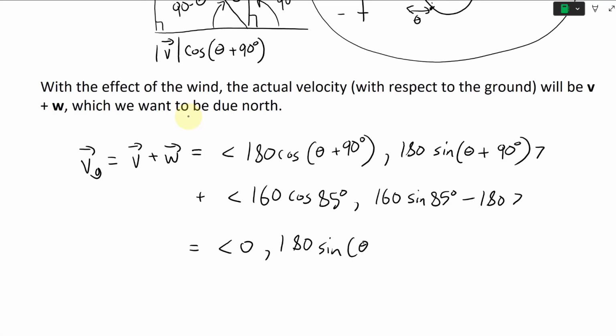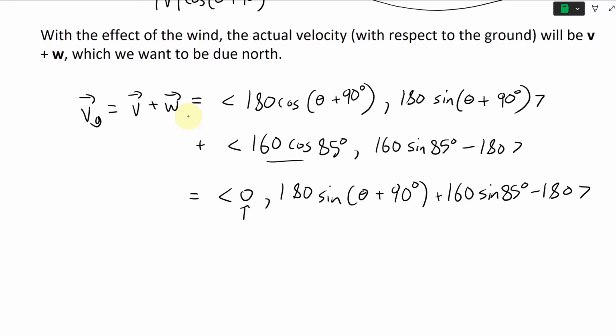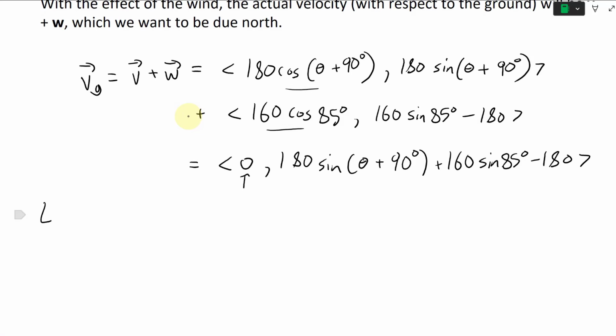And this can be sine theta plus 90. Like this. And then now we just add this part here, plus 160 sine 85 degrees minus 180. So that is our velocity. And so we want this part right here as 0. So to do that, we need to equate, or just sum those all up to 0. So in other words, we want